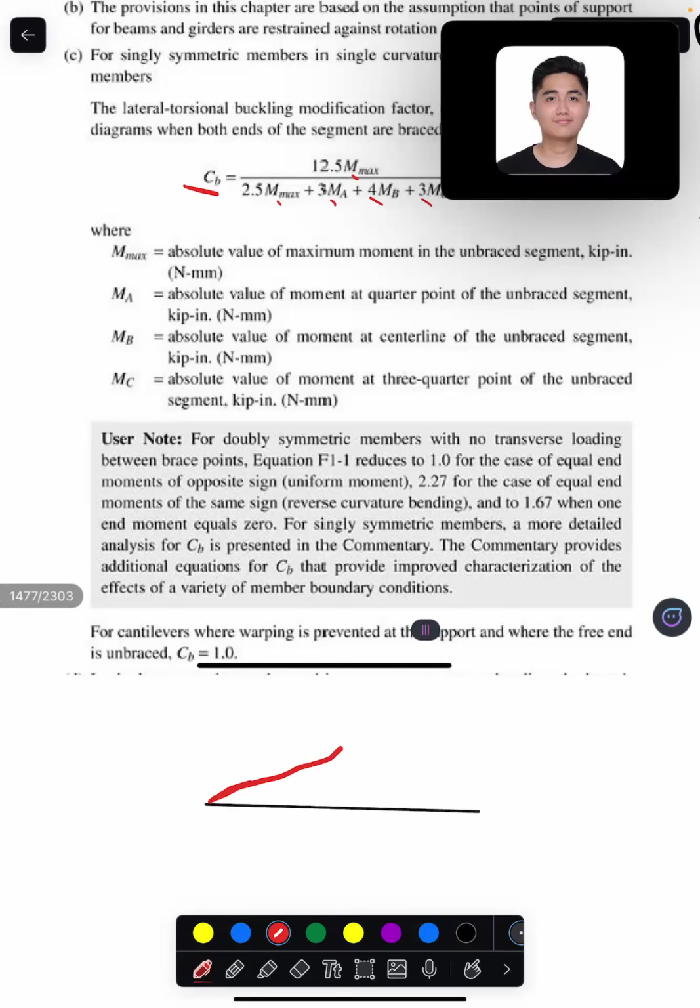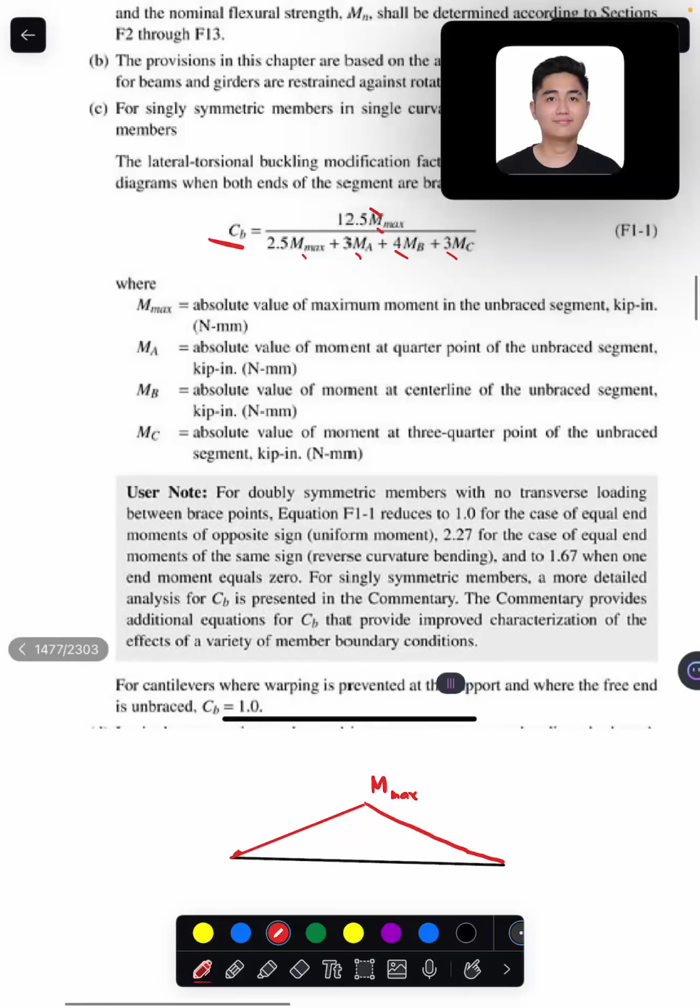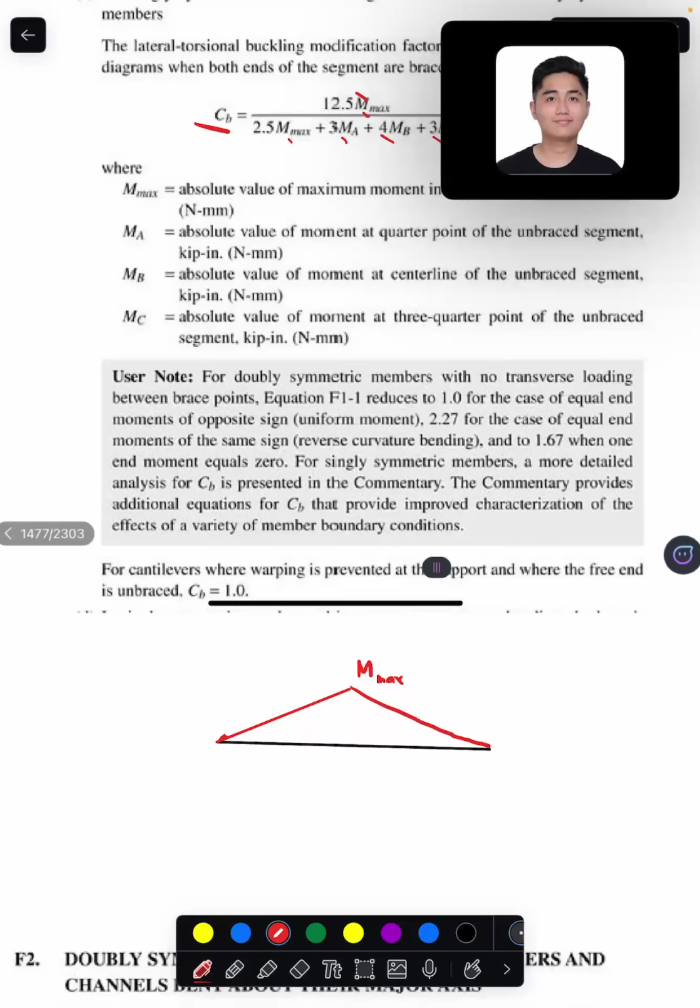So we'll have this bending moment. And we know that ito yung M, and at the same time, ito din yung M max. Ito yung maximum na moment. So yun yung ipa-plug in natin dito. At while at the same time, if yung conditions na yung bracing is only provided at the ends or at the supports, right there,